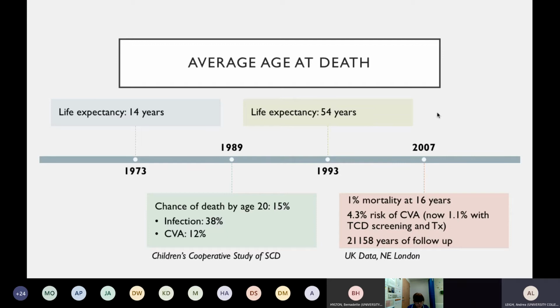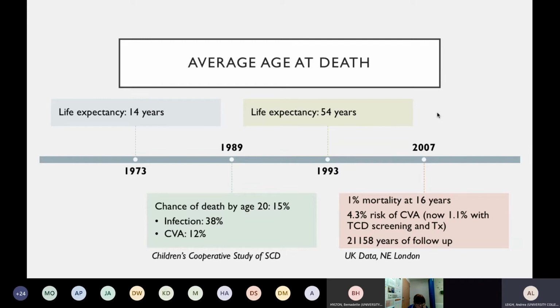So how are we doing, and what does it look like if you're born with sickle cell now? Well, it's a much better time to be born with sickle cell, with emerging new treatments, with the potential curative options of bone marrow transplantation and gene therapies that are emerging. Back in the 70s, there was really a pretty poor life expectancy. And as you can see, as we've implemented newborn screening, penicillin prophylaxis, extra immunizations, along with screening